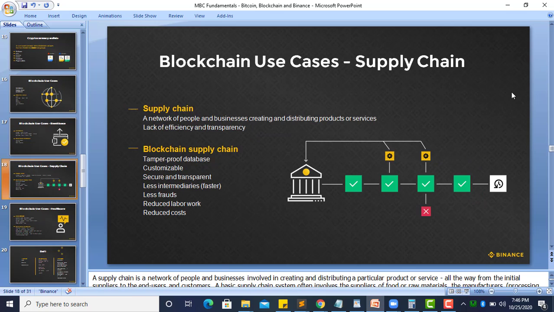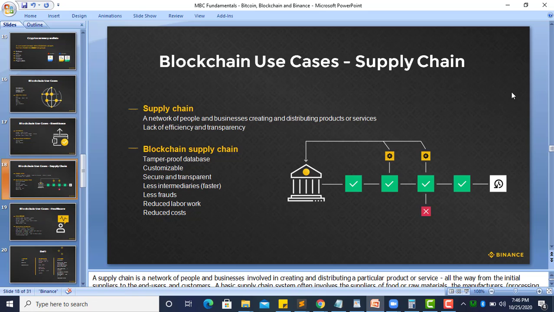So we can also use it for supply chain. For those people who are manufacturing goods, they can do that automatically, so people don't need to be there. You can manufacture your goods, and you can monitor where it's being produced and the production costs. Every other thing can be done using blockchain technology, and it will be transparent. You don't need anybody to be monitoring it from one place to another.